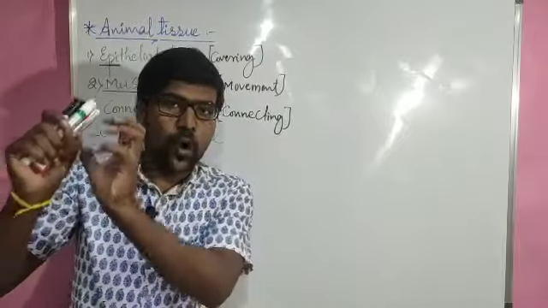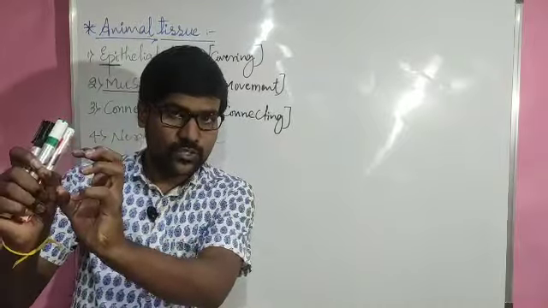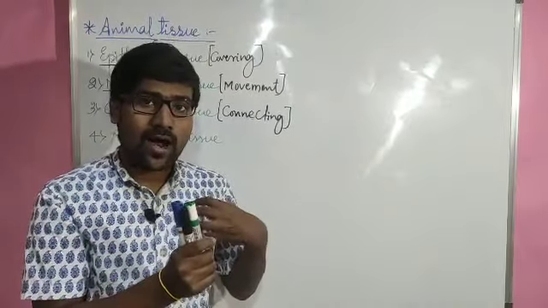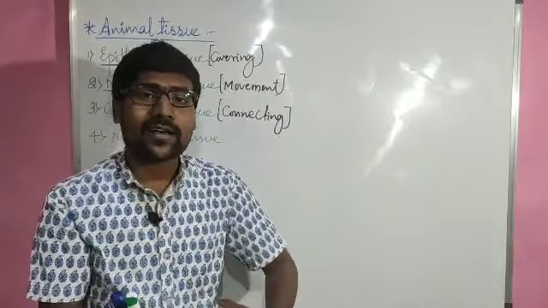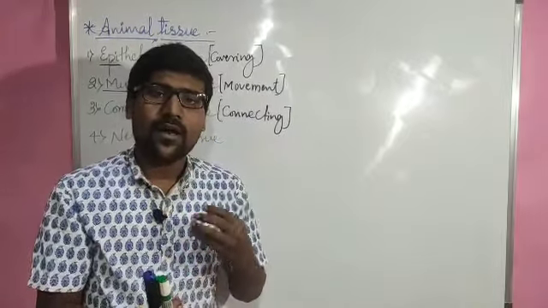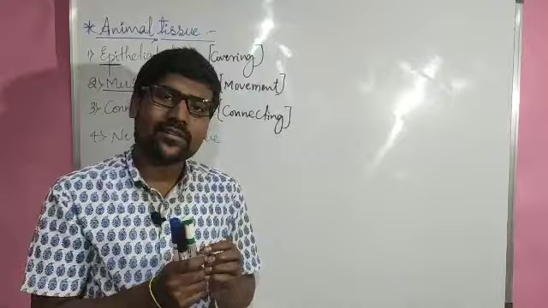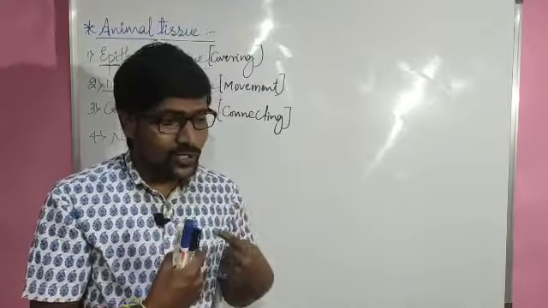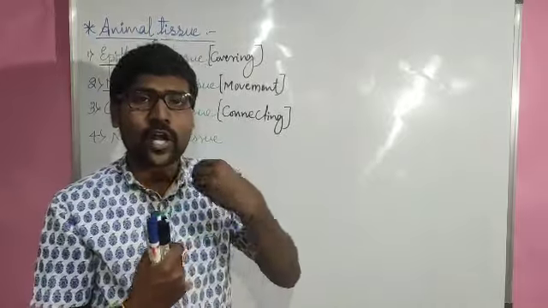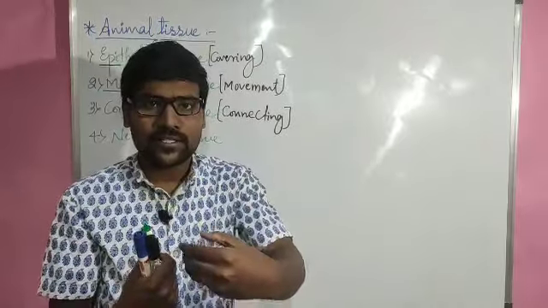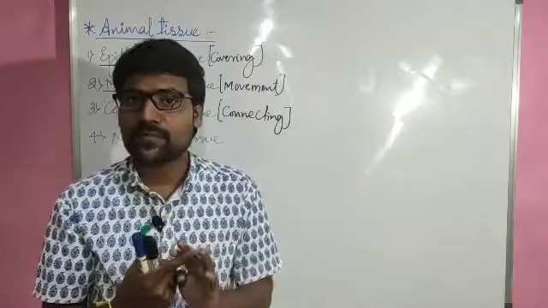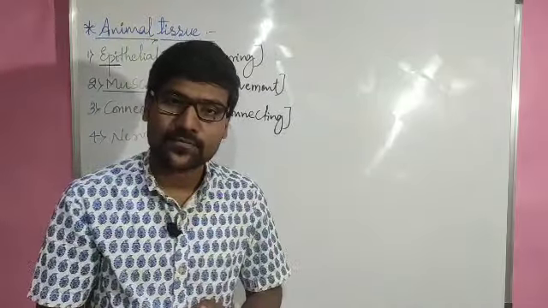And it will provide to all other cells, all the tissues, and again come back to the heart. That means the heart is not directly connected with all the body parts. In a simple way, right now the heart has the oxygen inside. That oxygen should be supplied to all the cells, but the heart itself cannot go to every cell. So the heart will just push the blood, which will connect the heart to the other body parts.